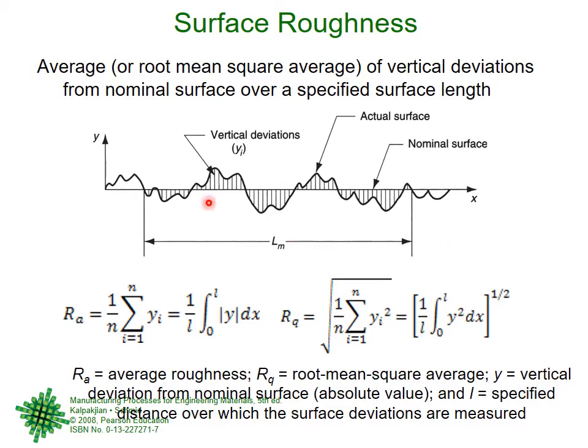And what do you do if you add them, right? Plus, plus, plus so much and minus, minus, minus so much. What will happen? There may be a lot of roughness, but the plus and minus cancel each other out. And if you take this direct average, all the plus and all the minus added together, divided by the number of observations, then there may be big variations, but you show a very small number in the end. So that is why, in all such things where variation is plus or minus, there is an RMS meaning, right? Root mean square, RMS.